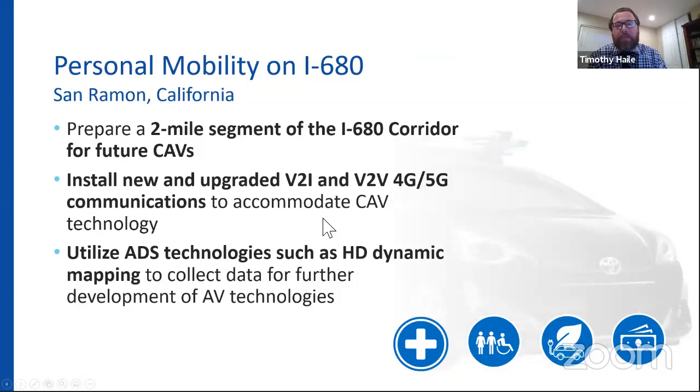And then the next project is personal mobility on 680. So one of the strategies at 680 is to prepare the corridor for the future. And this is one of the strategies. This project is from El Costa to Croat Canyon on I-680 and really provides the infrastructure